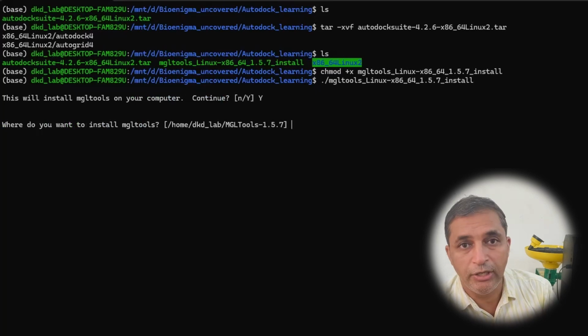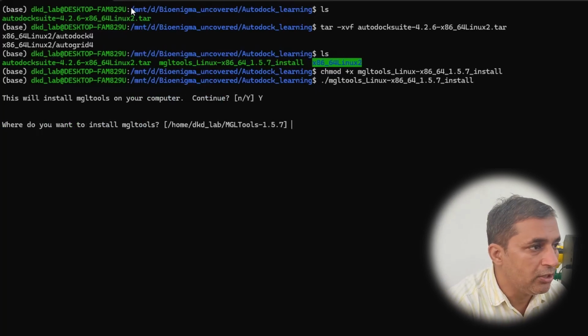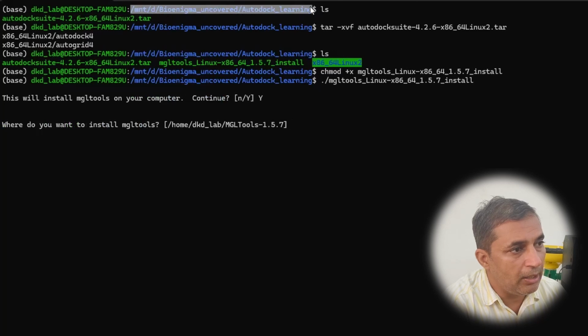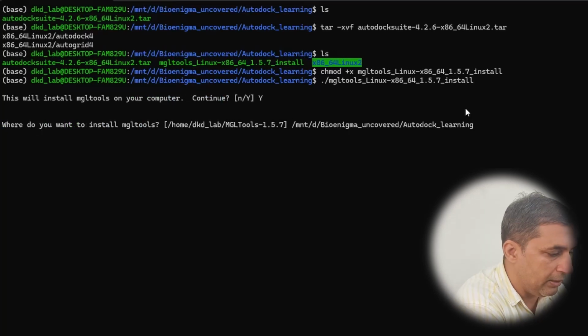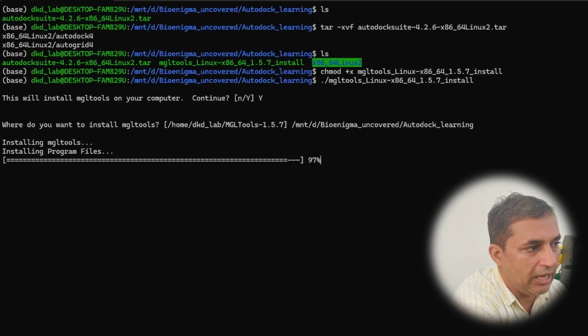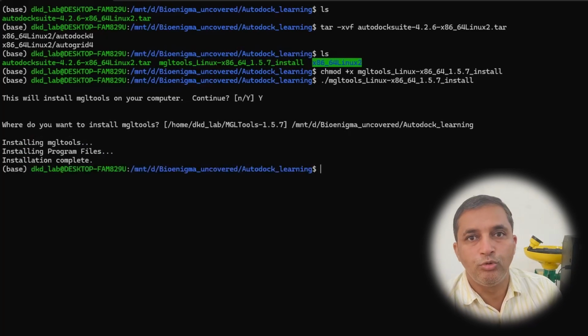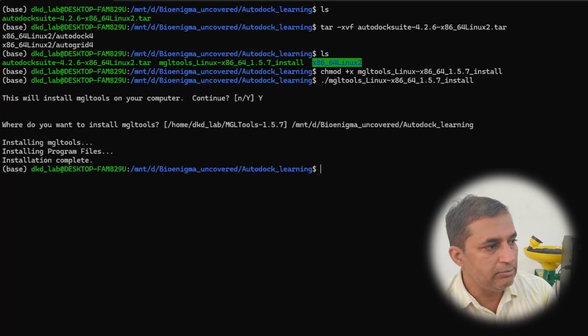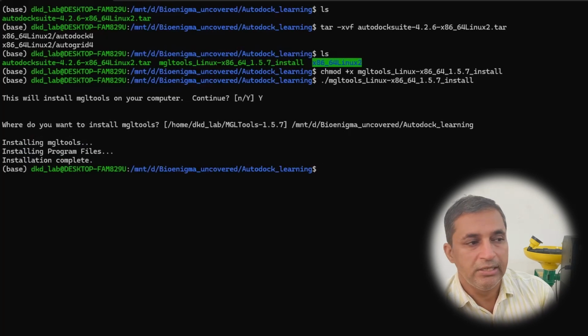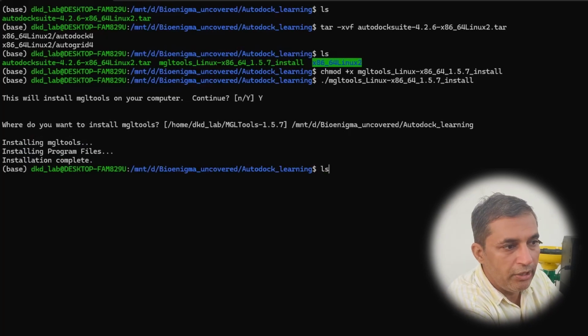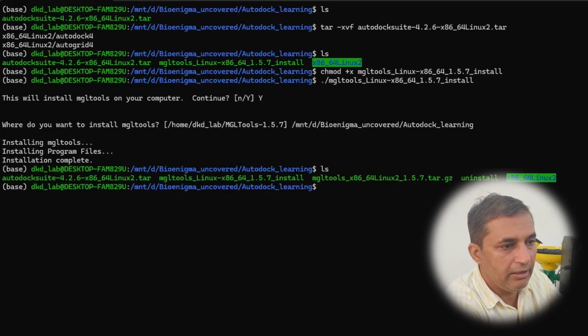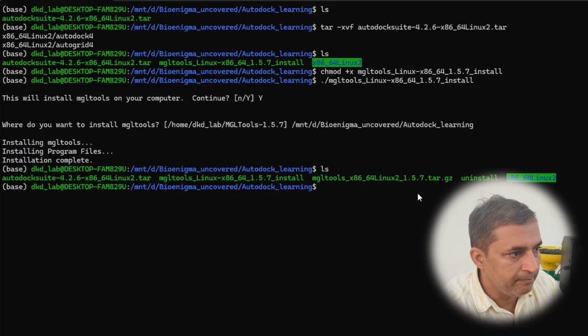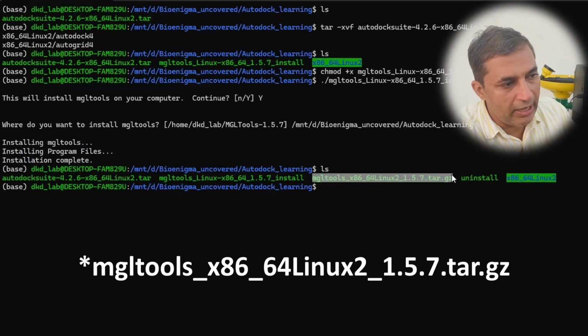Of course, I need to specify my folder. So I'm going to copy paste my folder name, and once I copy paste it here, I'll hit the enter button. It is going to install this MGL tools. To verify this, I'm going to type the ls command. Once I hit the enter button, you will see a new file appears on my screen, that is mgl